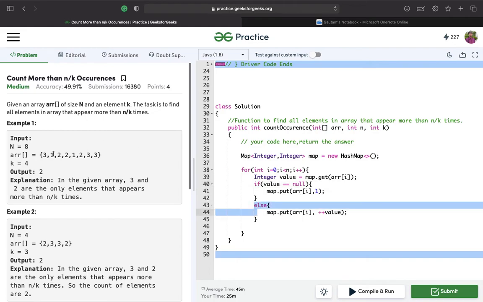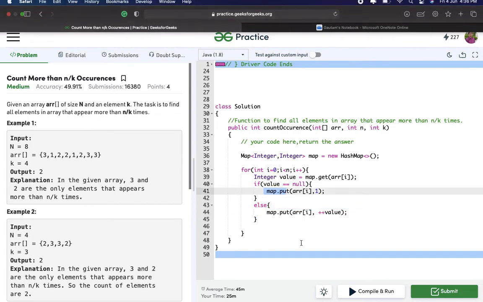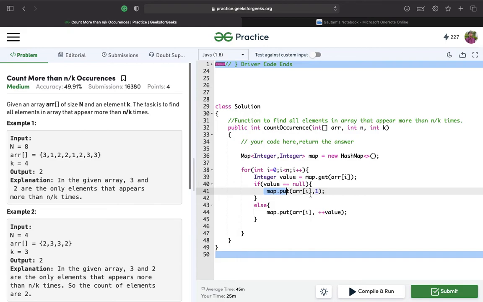We'll initialize the map with key 1 and value 1, and do the same thing with 2 as well. The next time 2 appears, we know that 2 is already present in the map, so we'll simply increment the value of the count in the map.